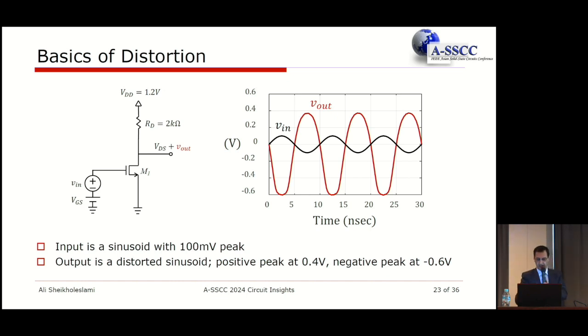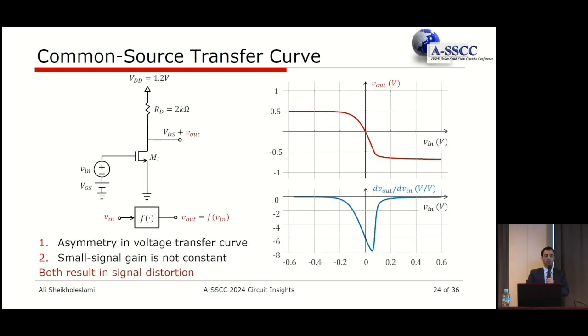So this is the concept that we just talked about. If you try to characterize this, we typically just go and draw V out versus Vn while we sweep Vn, and you can see the transfer curve looks like this. This is clearly a nonlinear function. It's not linear. So the portion that is linear, of course, will amplify the signal. But as soon as it plateaus and saturates at the top and bottom, you're dealing with a nonlinear behavior.